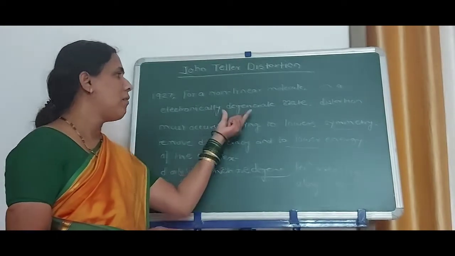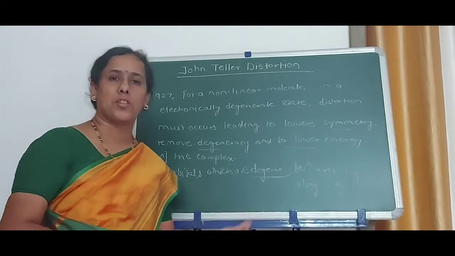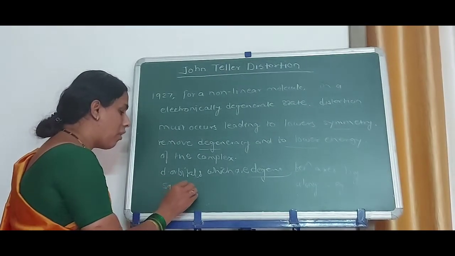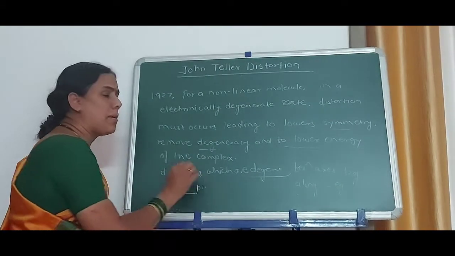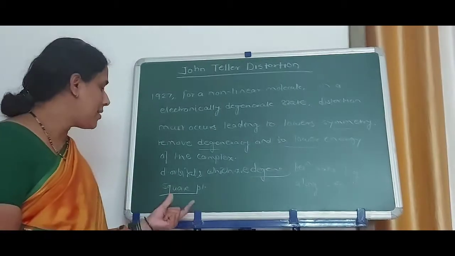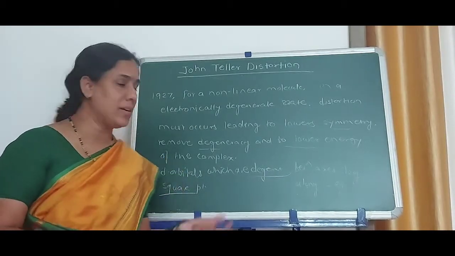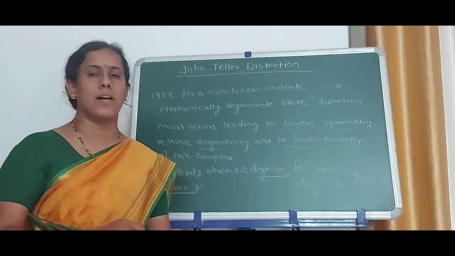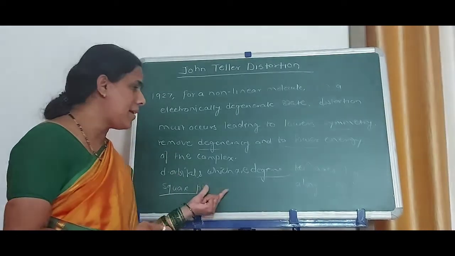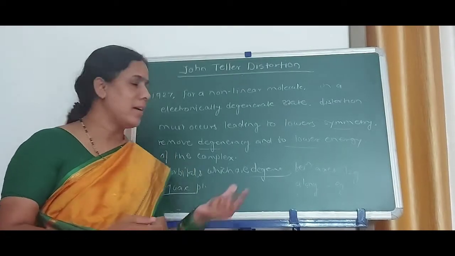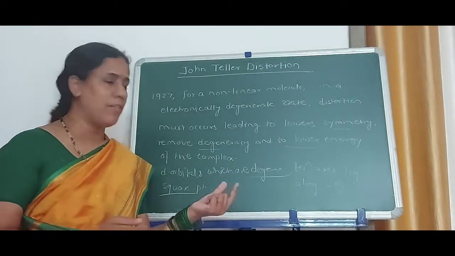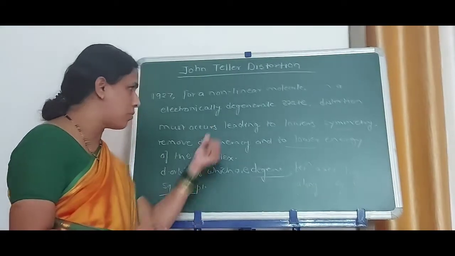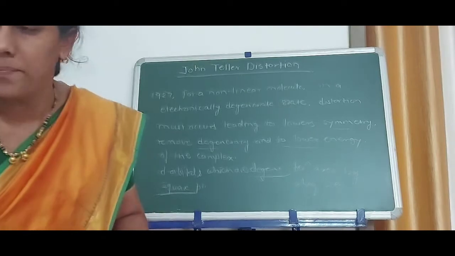Now, what happens in non-linear molecules? For that purpose, we saw in the last lecture how the square planar geometry is obtained. It is not a particularly new type, but it is derived from an octahedral complex. In an octahedral complex there are 6 ligands, and in a tetrahedral complex there are 4 ligands. The diagrammatic representation of elongation and contraction of an octahedral complex can be shown here. Let us see.